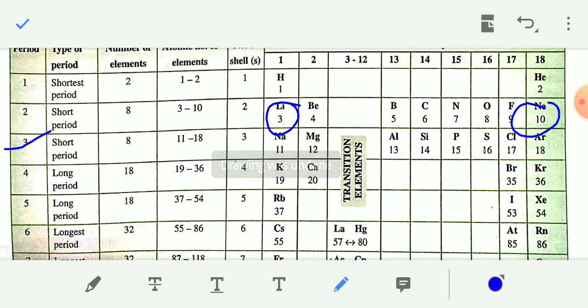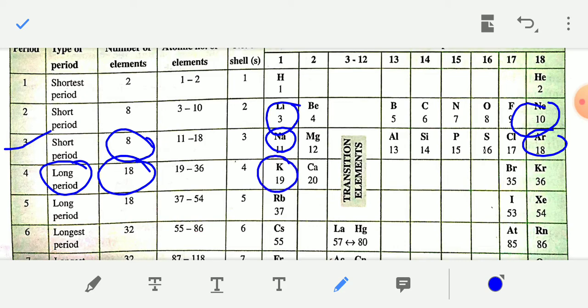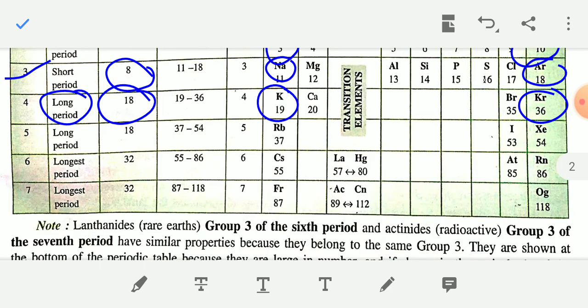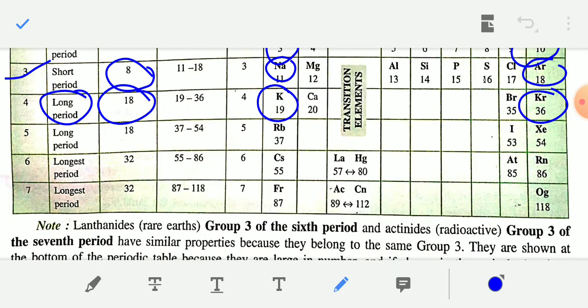Period 3 is the second short period, which consists of 8 elements, from sodium to argon. Period 4 is also called a long period, which consists of 18 elements from potassium to krypton. Period 5 is also a long period, and it consists of 18 elements from